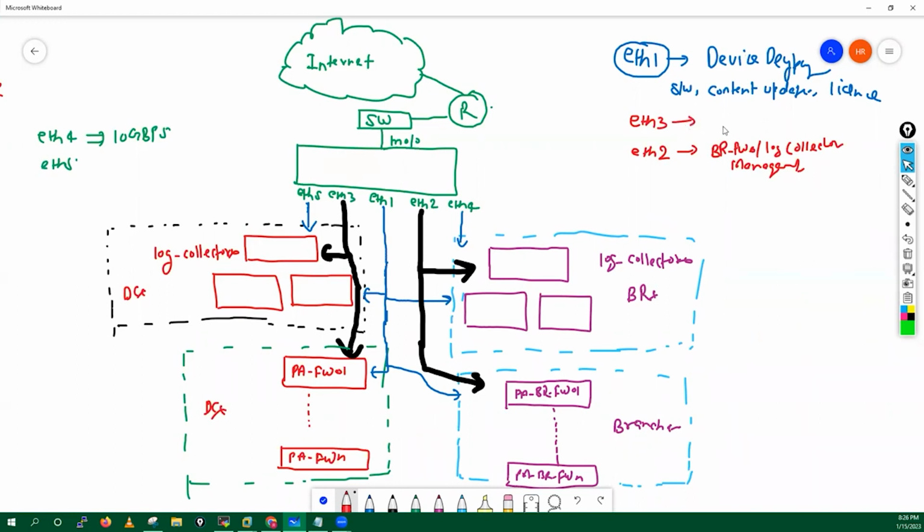And this interface I'm using for DC firewall config management and log collector group config management. And I will use Ethernet 5 and Ethernet 4 for log query